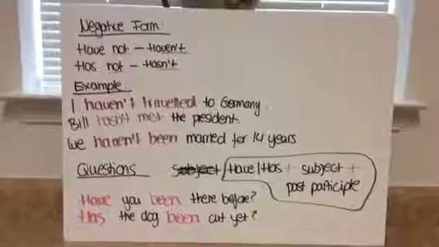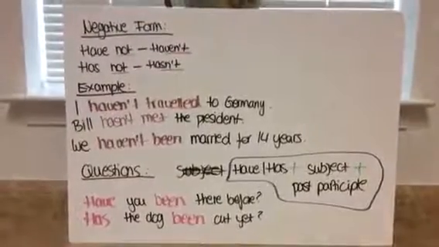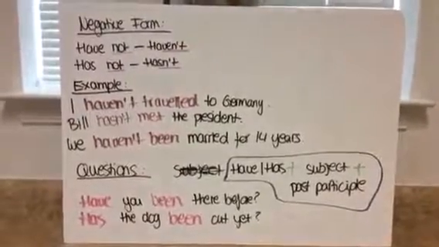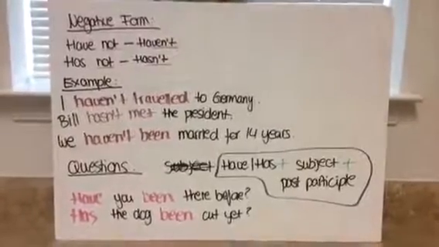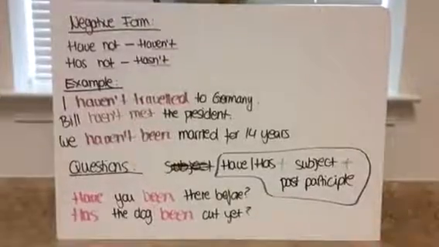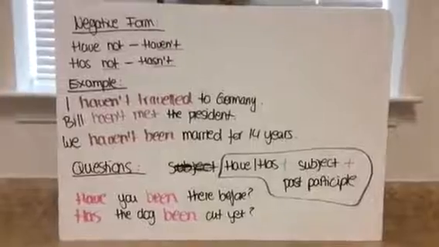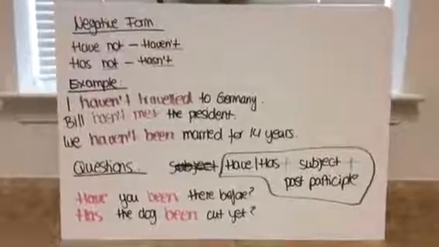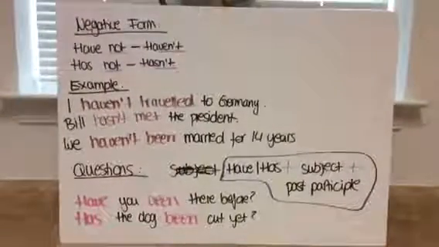An example for that would be, I haven't traveled to Germany. You can also say, I have not traveled to Germany. Bill hasn't met the president, or Bill has not met the president. We haven't been married for 14 years, or we have not been married for 14 years. The positive form for this example would be, we have been married for 14 years, as I previously showed you